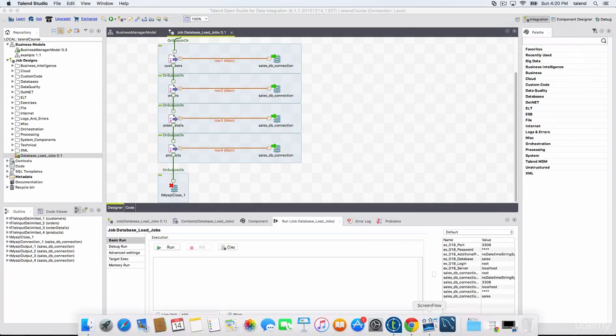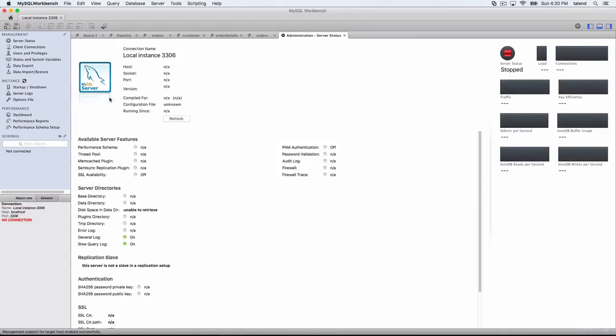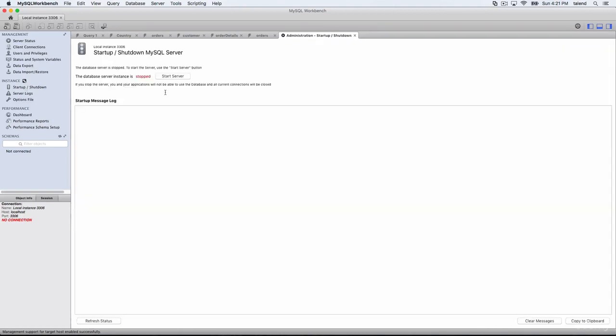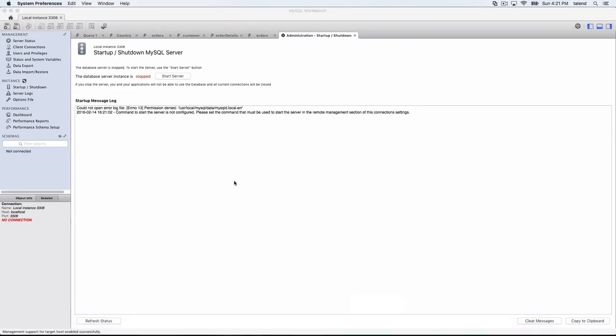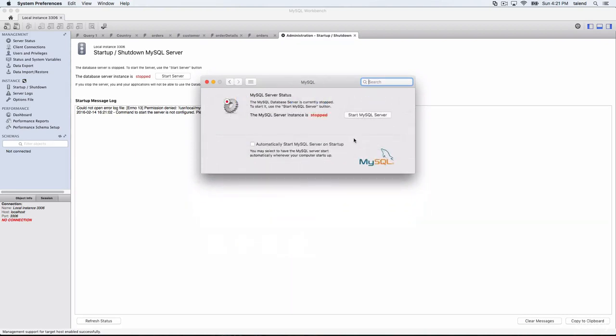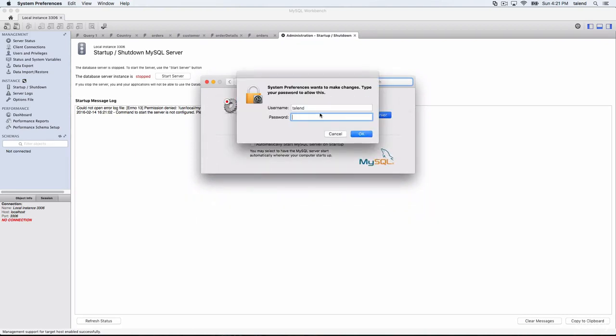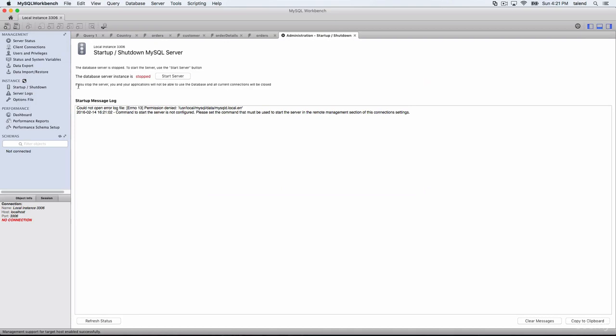So let me start my SQL Server. Okay, so I cannot do that since this is Mac. I have to do it from here. Start. Okay, it started. That's good.